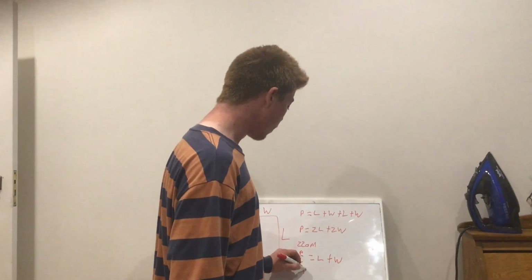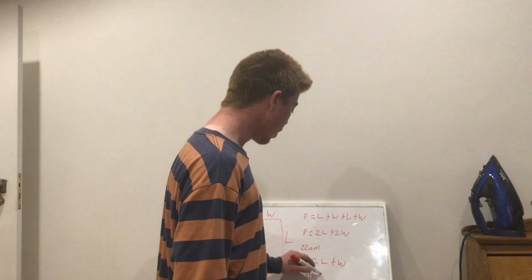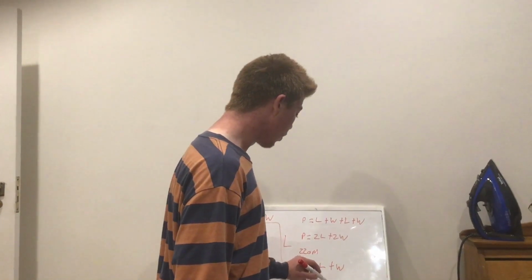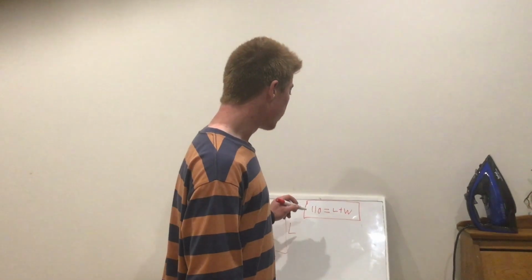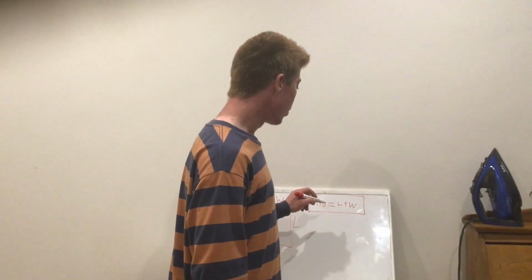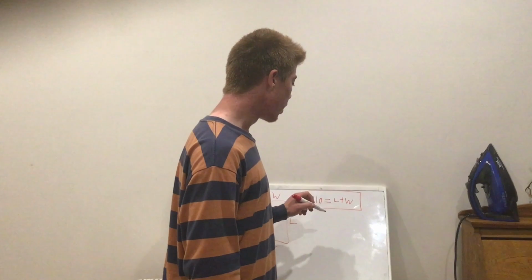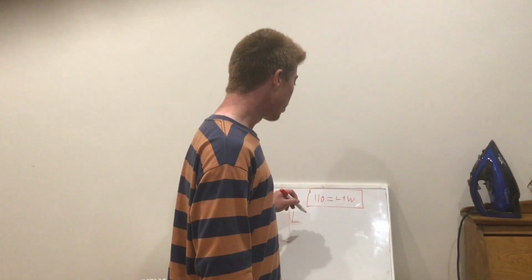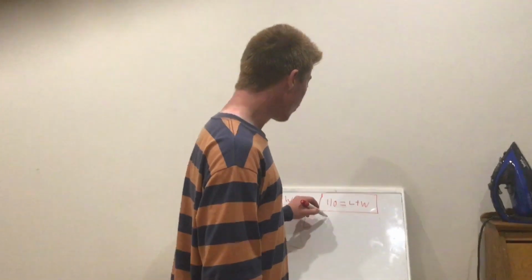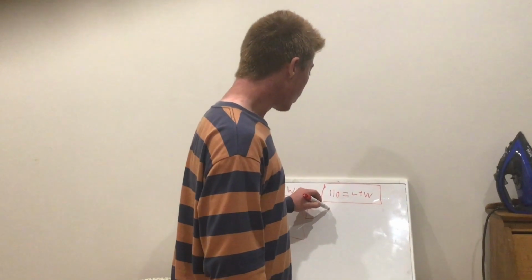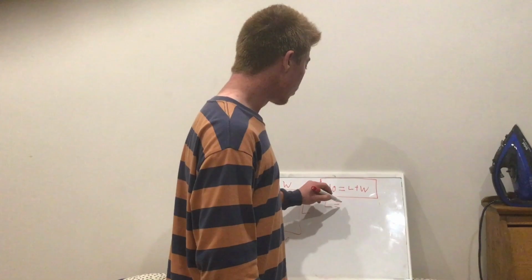So that means we have 110 equals length plus width. In order to find the solution to the problem, we have to assume either length or width. I choose width. So to change the problem so that we can find the length, we have to rearrange the equation. So length equals 110